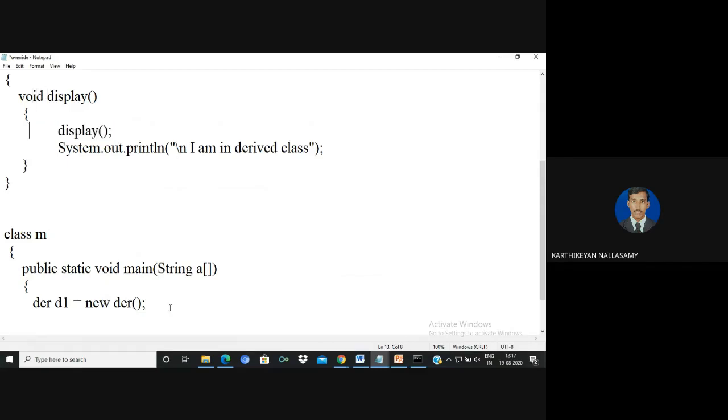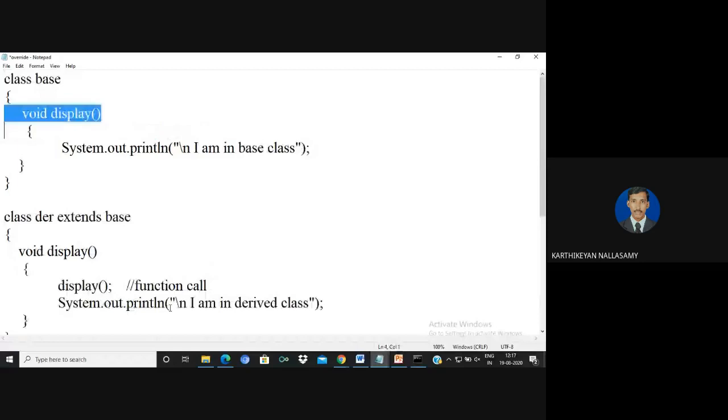If we call the function inside the same function, it is called recursion. But here I don't want to execute the same function once again. I want to execute the definition which is present in the superclass.